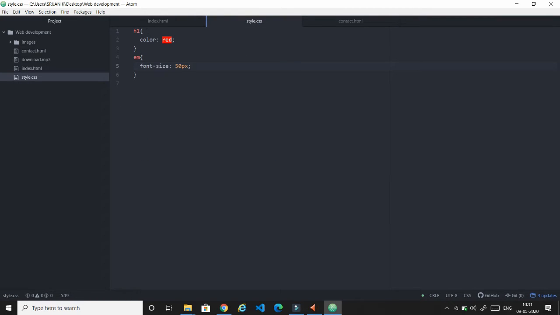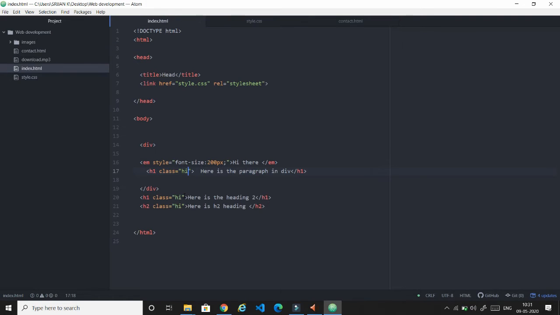I am changing the H1 tag. Now I am not concentrating on H1, I am concentrating on the class, because I also need the H2 to be in yellow.